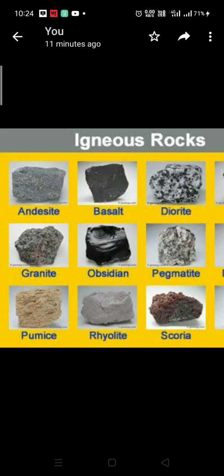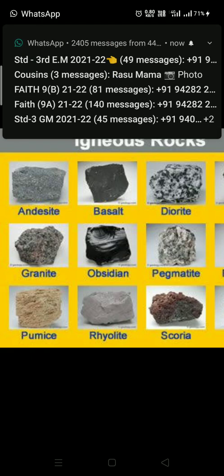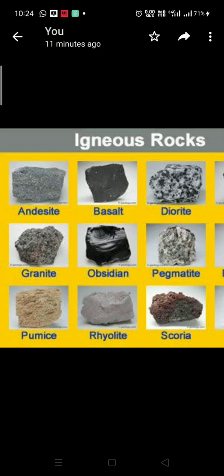Now you know, when the magma is coming out, the poisonous gases are coming out, and a few remain inside the crust also. Correct? They remain inside, meaning they remain in the part between the mantle and the crust, that depth. So that is all inside the crust, and because it is very hot over there, it takes a long time to cool down. So big rocks are formed inside. These big rocks are called intrusive igneous rocks.